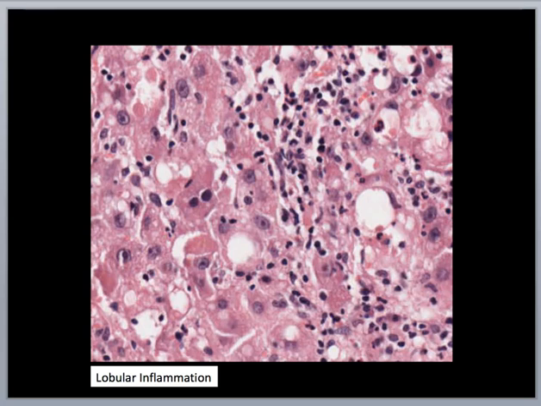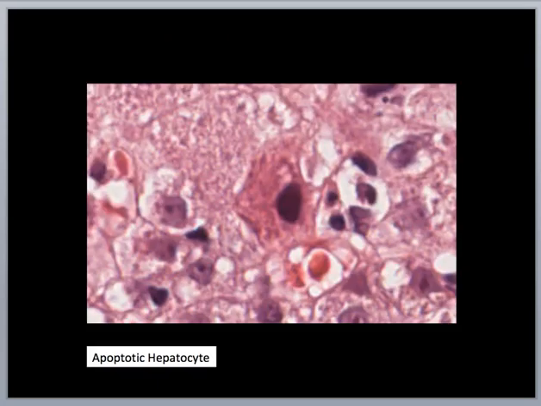And this means inflammation that is away from the portal areas in acinar zones 1 and 2, that is in the lobule itself. And usually this takes the form of a diffuse or kind of spotty involvement of the lobules. Now, as opposed to